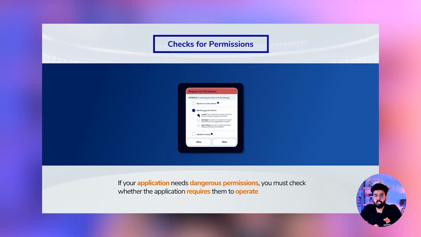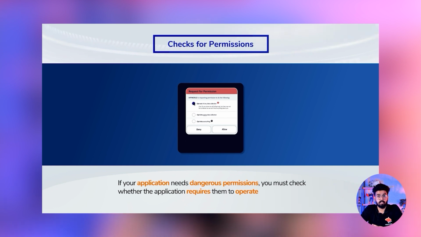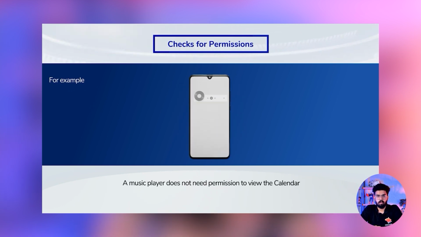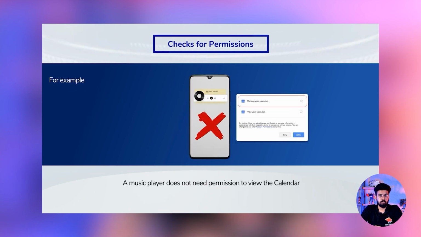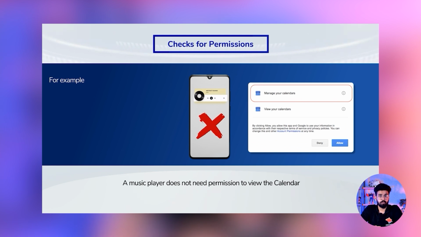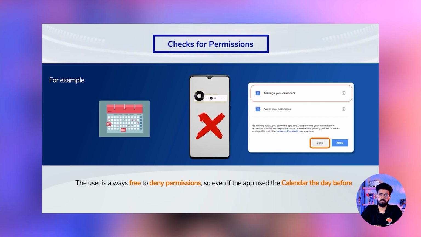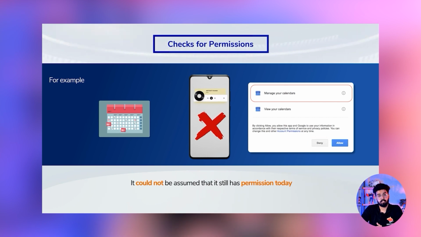If your application needs dangerous permissions, you must check whether the application requires them to operate. The user is allowed to deny such permissions. For example, a music player does not need the permission to view the calendar. The user is always free to deny permissions, so even if the app used the calendar the day before, it could not be assumed that it still has permission to